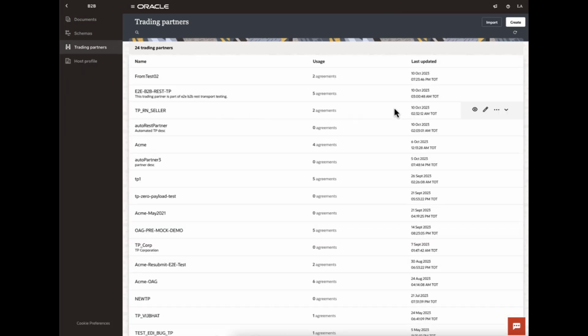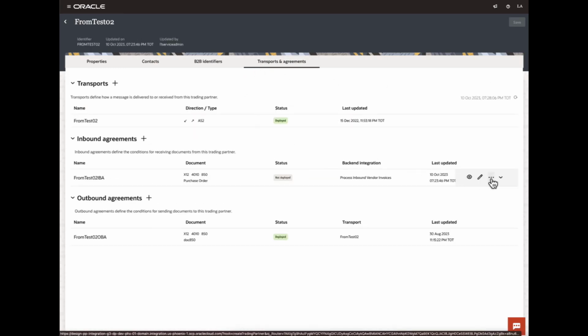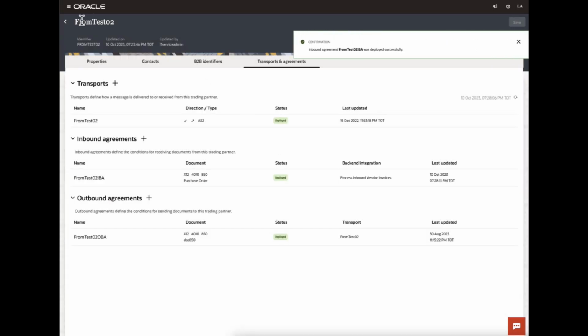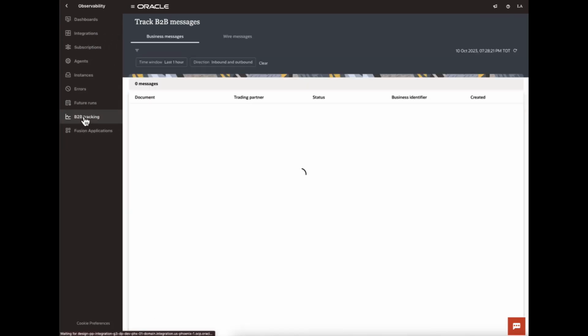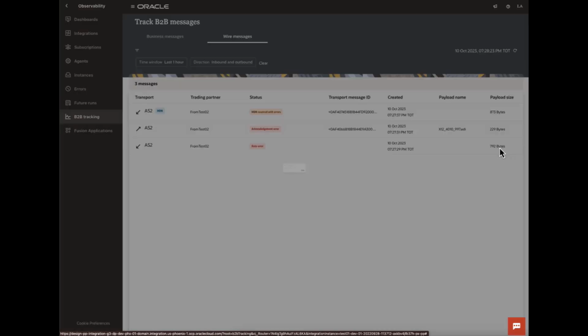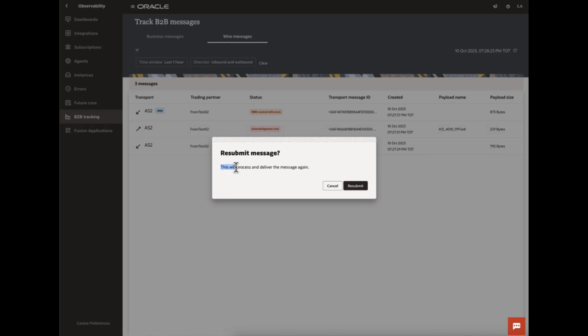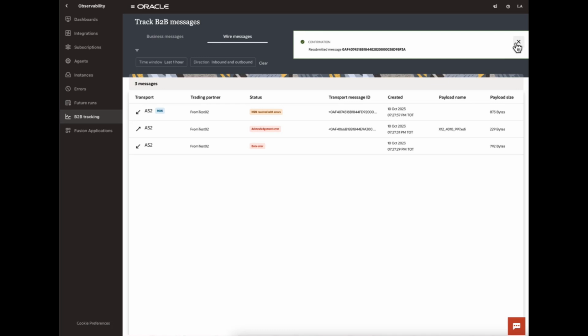go back to our trading partner, deploy this. And now since this is a configuration error on our side, we do not need to go back to our trading partner and request them to send this document back again. So we come back to our wire message and we have this button for resubmit. When we click on this, it says this will process and deliver the message again. So we click resubmit. This was resubmitted,